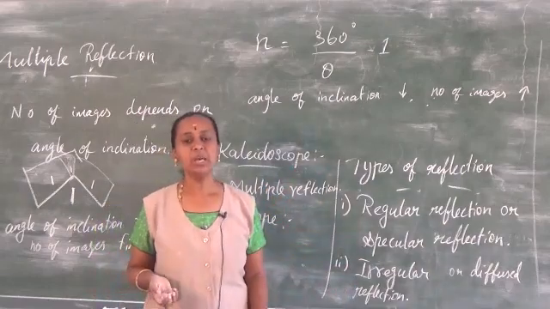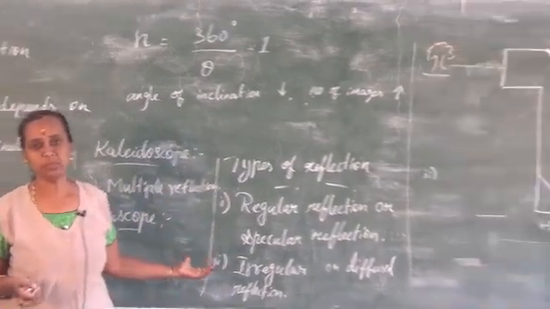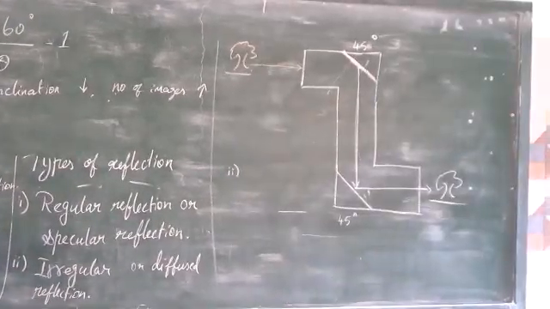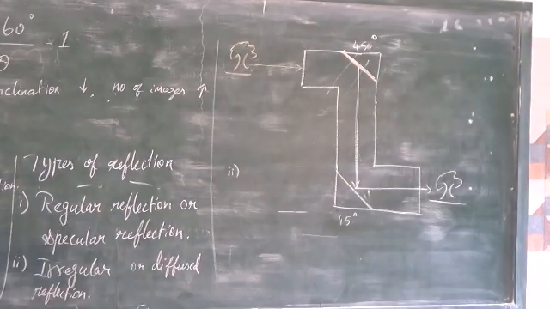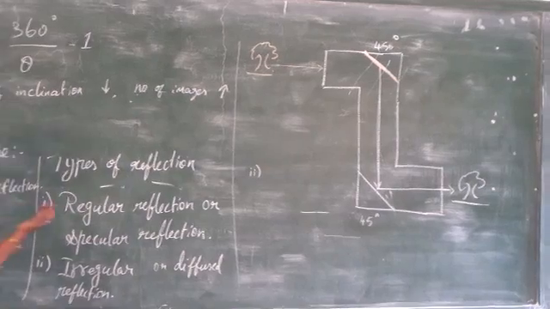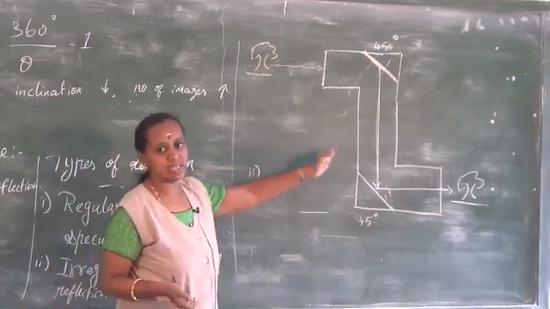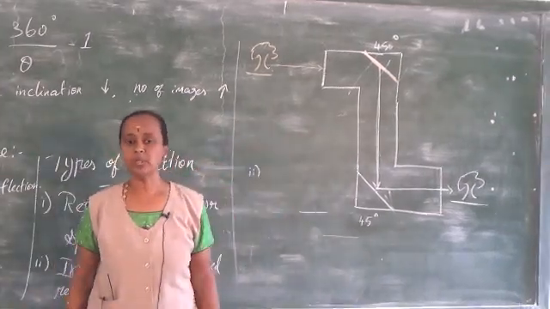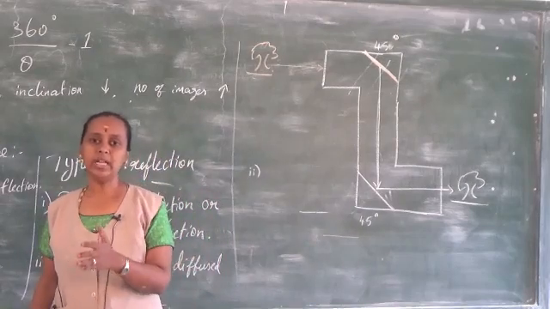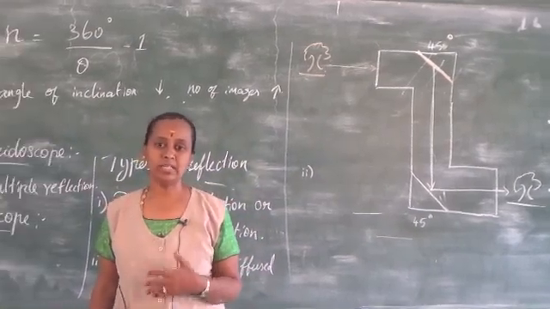Next we studied the periscope. A periscope is an instrument which helps to view other objects from submarines, and it is used in so many places. I have explained how the periscope works, and we have studied its uses also. Just go through the content of the book so that you can understand very clearly.